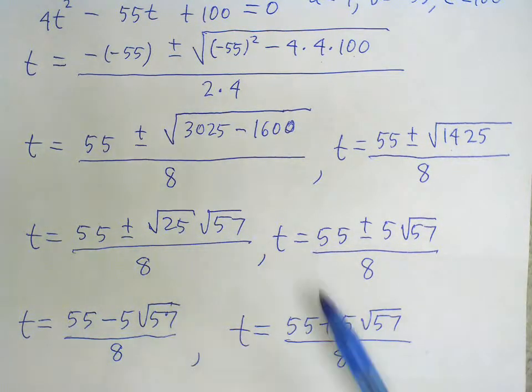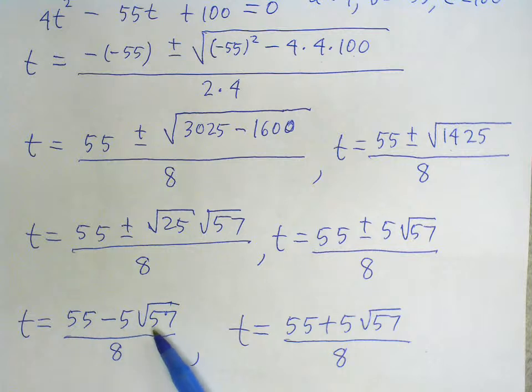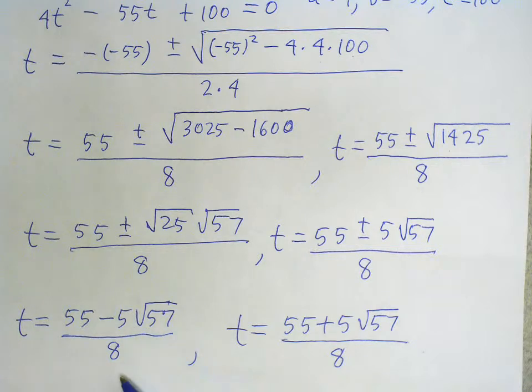Okay, so roughly, the square root of 57 is a little bit less than 8. So if you just want to get an estimate without using a calculator, 5 times 8 is 40. 50 minus 40 is 15. 15 divided by 8 is a little bit less than 2. So when you're using a calculator, you can use your estimate to see if your calculator does what you want